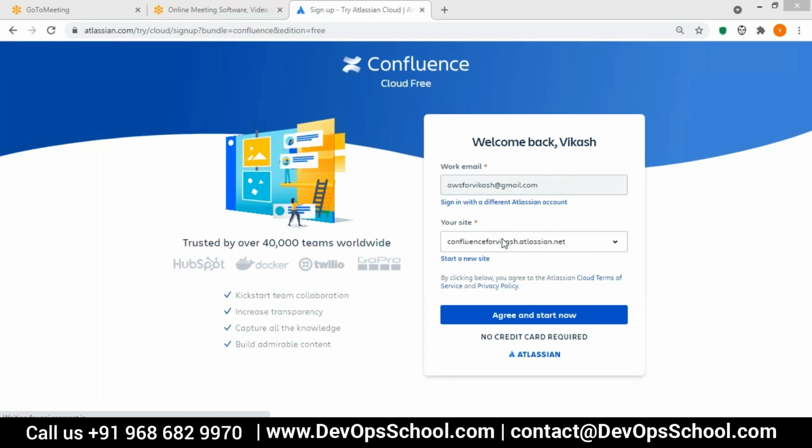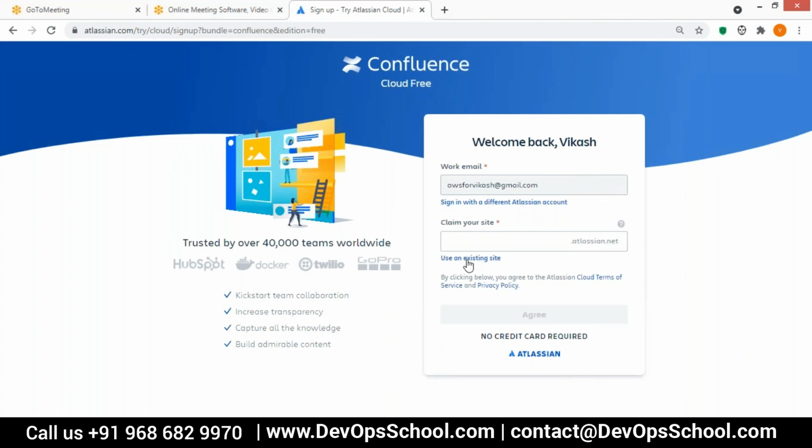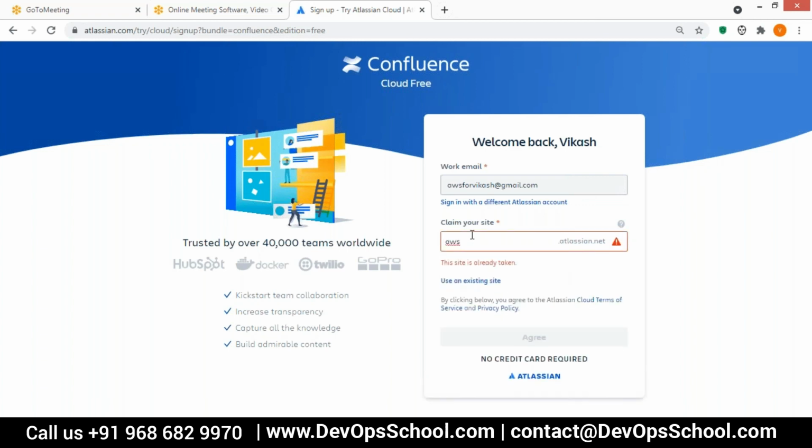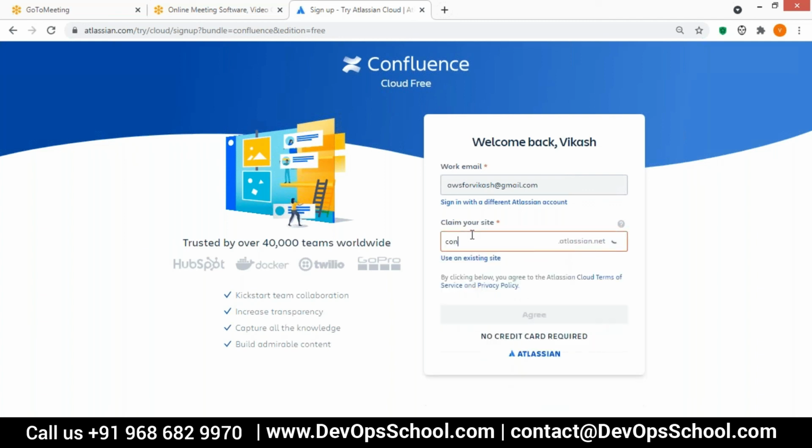The site is basically your application site. Either you can start a new site or use an existing one if you already have it. I'll click on the new site. You have to verify the site does not already exist. Okay, this is not being used by anyone, so I can go ahead.